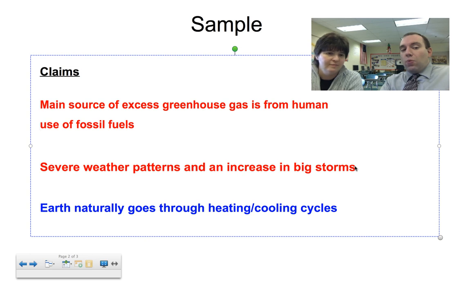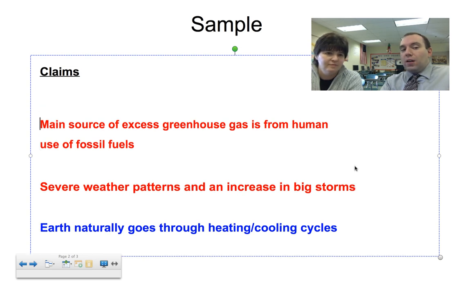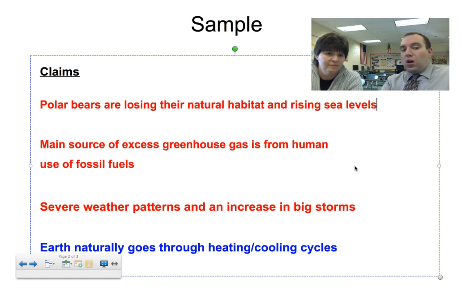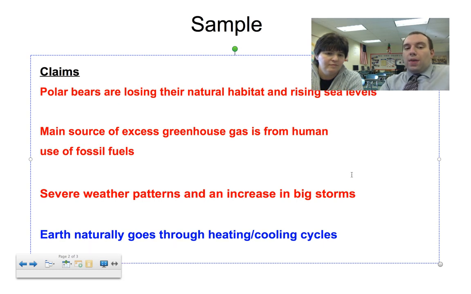So in my writing, I'm going to really play off that emotion. Like I'm going to make them feel upset about this issue. So I want to start with polar bears because that's my strategy. I'm going to be playing the emotions. All right. Then I feel like because severe weather patterns also has an emotional appeal, we could talk about the